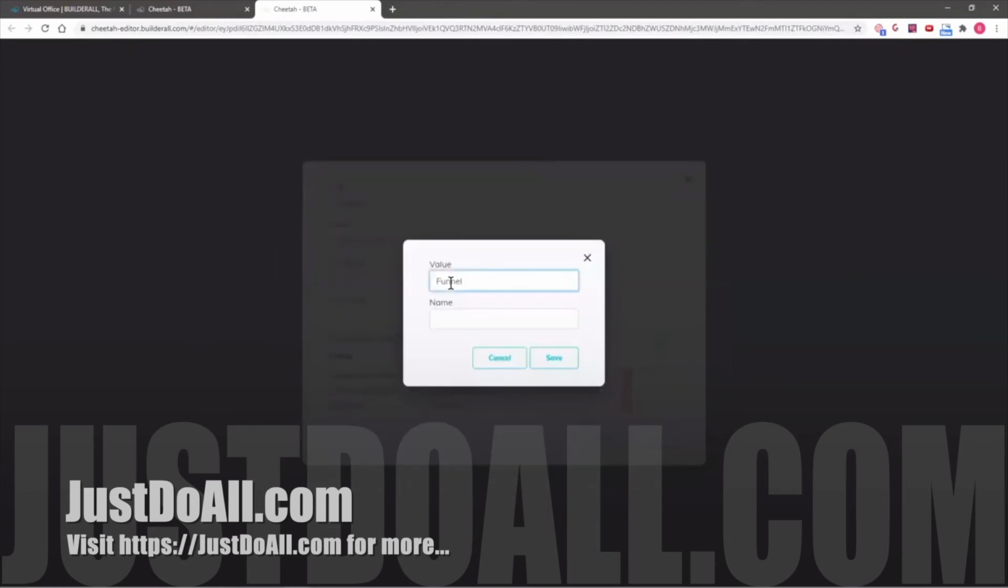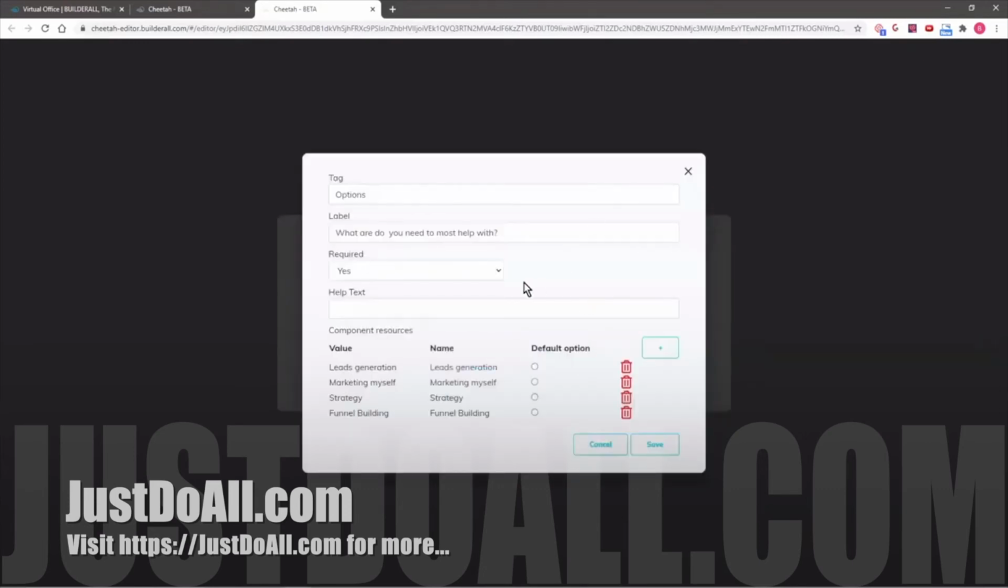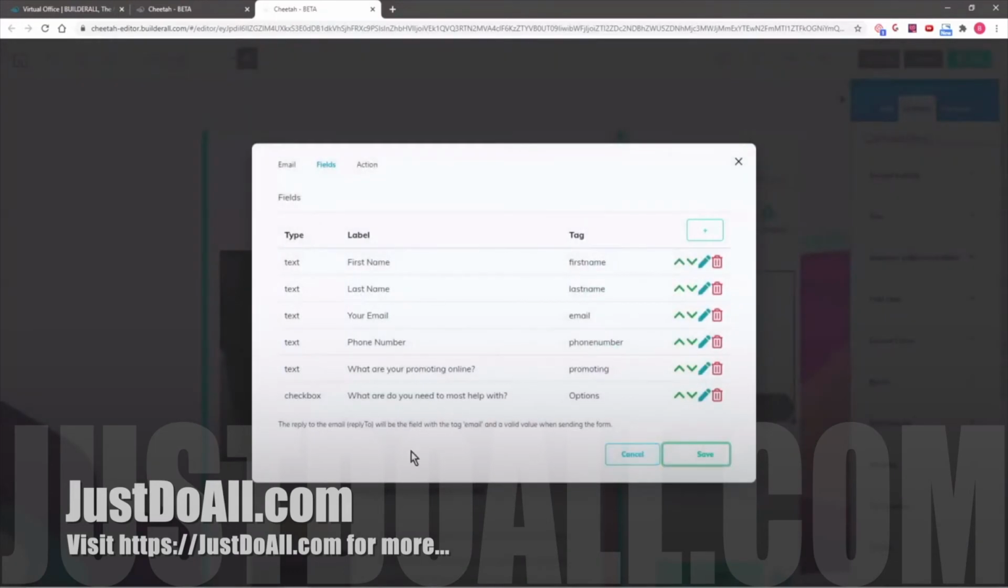We'll just add funnel building, and we'll copy and paste here. Okay, so you get the point here. So these would be the options that they can choose from. So let's go ahead and we'll save that, and we'll say that our form is complete, even though I definitely